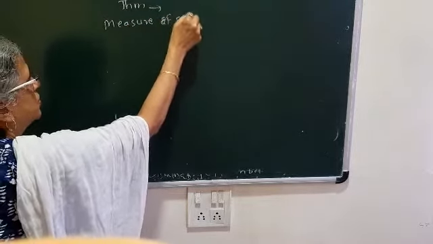Now in triangle TRS, this is 70, this is 20. So the angle RTS will be 70, by the sum of the measures of angles of a triangle. 70 plus 70 is 140, 140 plus 20, so 70 plus 20 will be 90, 90 plus 90 will be 180. So angle RTS is 90, so angle PTS will also be 90 by linear pair.